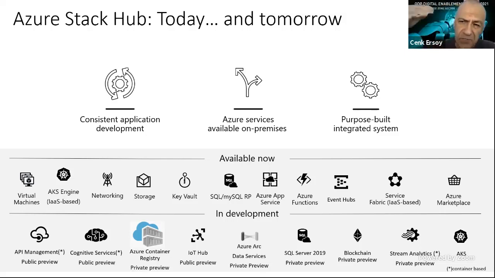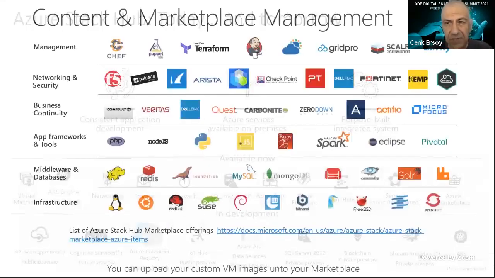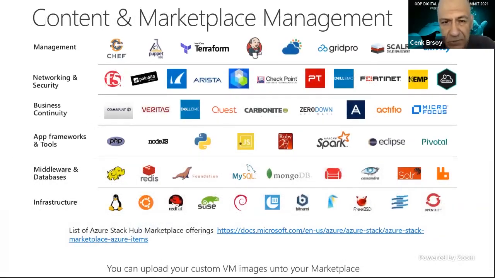and many other services. There's a bunch of Azure Marketplace templates on Azure Stack Hub. These are VM templates from Barracuda, from open source, from F5, Fortinet, and so on and so forth. You can easily deploy. In addition to the services mentioned in the first line, Event Hubs for event processing, serverless computing, Azure Functions, App Services, we have also Container Registry, ACR, and we have IoT Hub coming. So this is for managing and interacting with IoT devices. So it's an evolving platform. This is a link for you to look at the ecosystem of the solutions that are available.